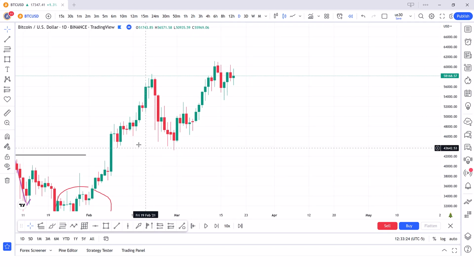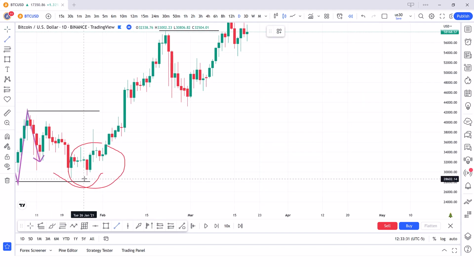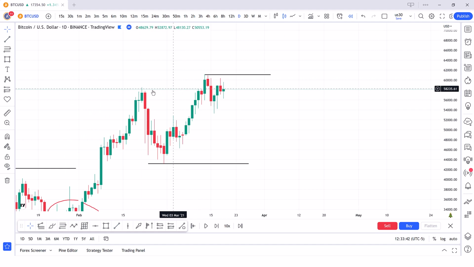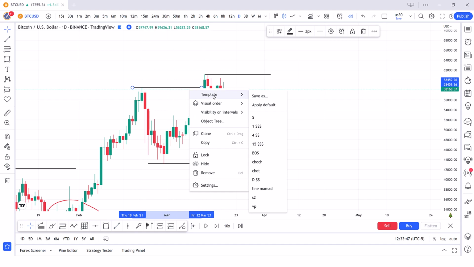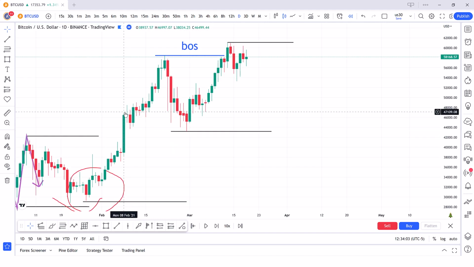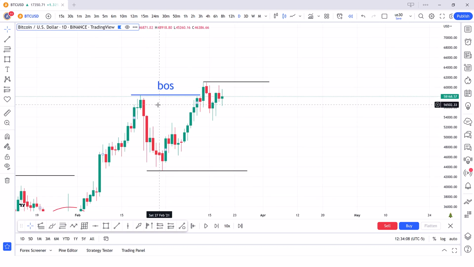And after that, we again identify our primary structure, which is going to be from this high to this low. I'm sorry, it's going to be from this high to this low. So it broke this structure. It is our break of structure. I'm going to talk about how you can identify if the structure is broken or not in the next video, but now we have our break of structure here. Our primary structure was from this high to this low, and now our primary structure is breaking to the upside.